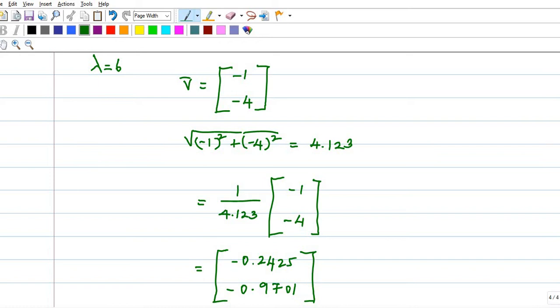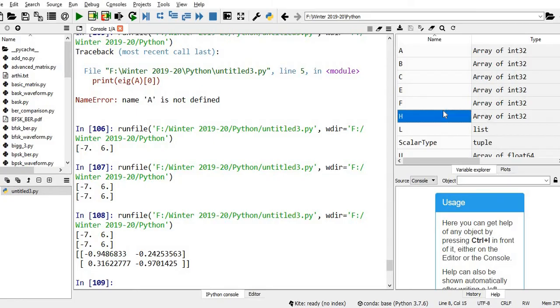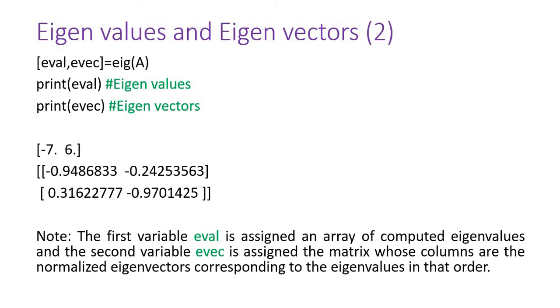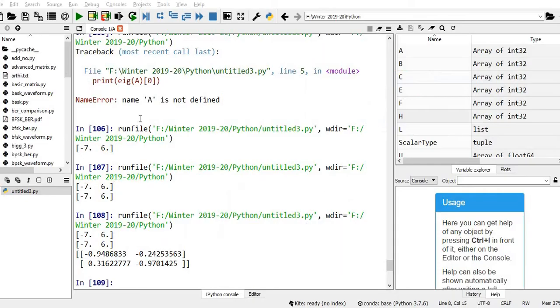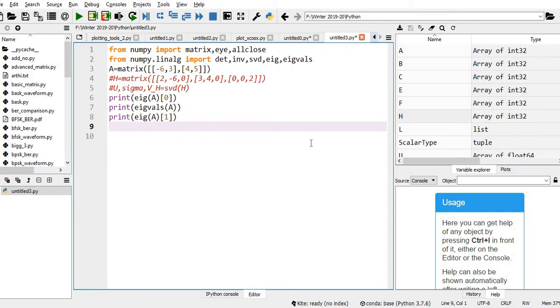Alternatively, in one stretch you can get the answer like this. You can calculate EIG of A, and it will give two results: one is the eigenvalues, another is the eigenvectors. So let me try this.